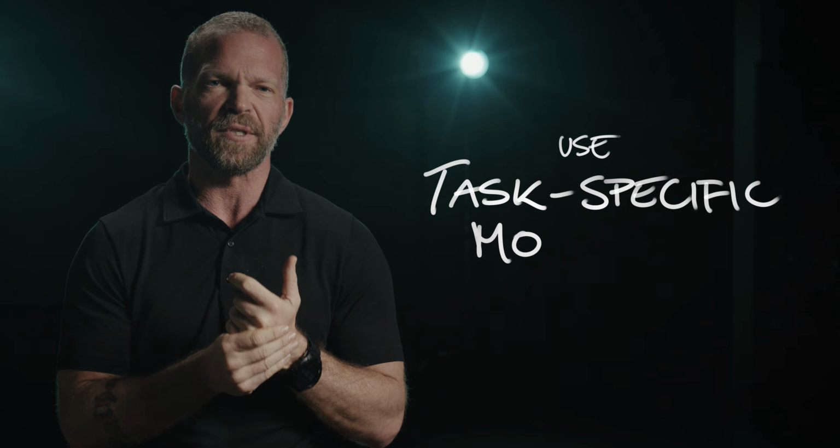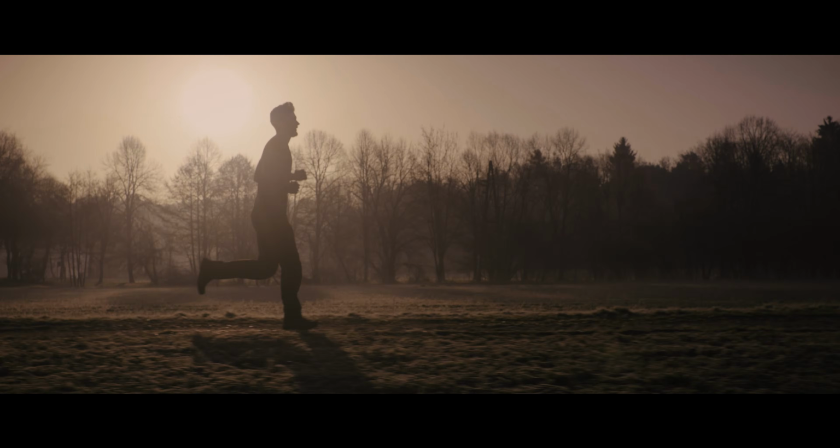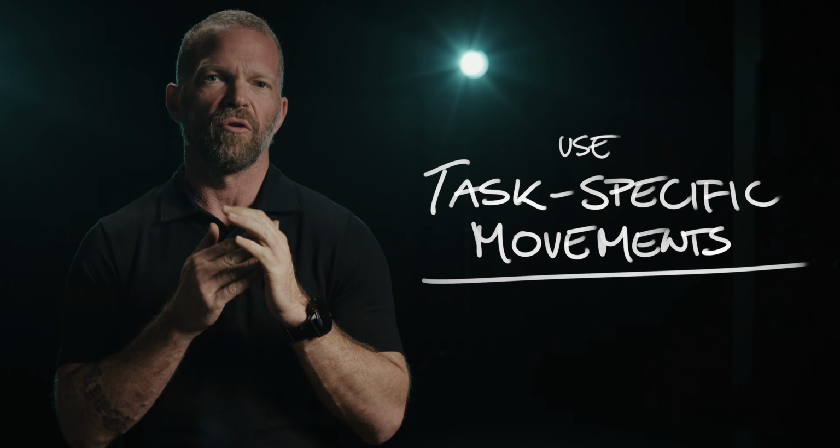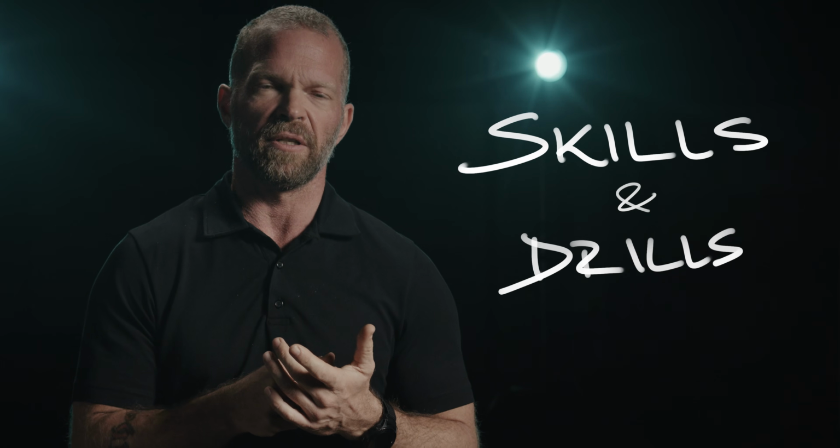Try to use task-specific movements for your endurance training, like rucking or maybe running, but not rowing or biking. If you need a low-impact alternative just for a change and to give your body a break, you can use swimming. Before you start the main part of your endurance training, you should do some skills and drills,